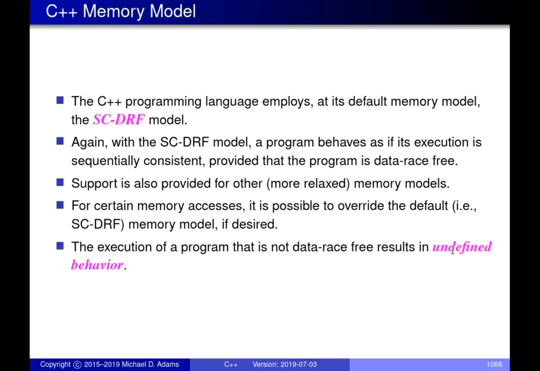Because in order to have a data race, you have to have a conflicting access happen at the same time. So you can't really tell at compile time whether things are going to happen at the same time or not, at least for the vast majority of cases, it's something you couldn't do by static analysis, like looking at the code at compile time. Even at runtime, it can be kind of tricky. There are tools that you can use to help detect data races. But basically what you want to do is write your code so that you don't have data races in the first place. So try to write your code in a smart way to at least minimize the chances that these sorts of bugs happen.